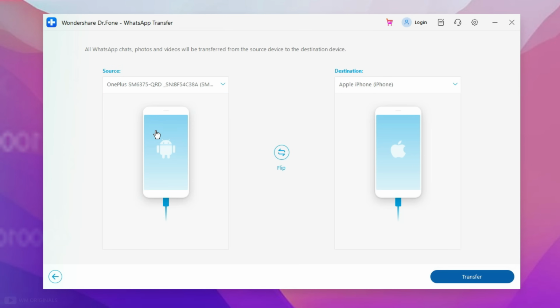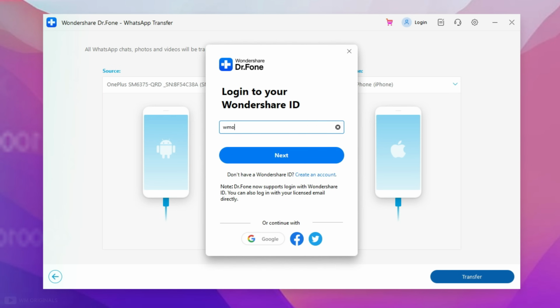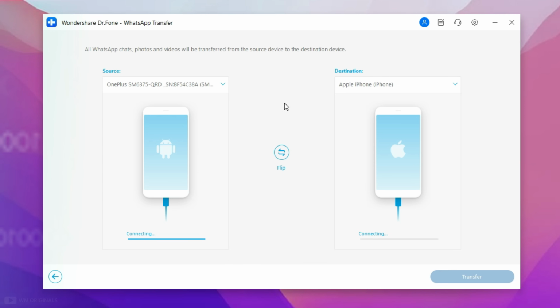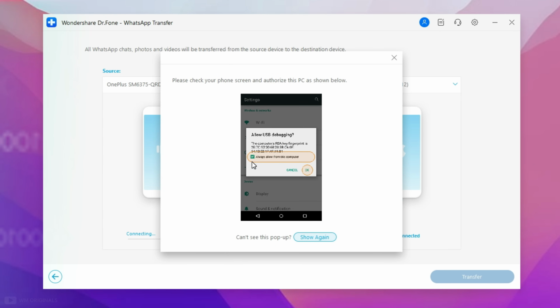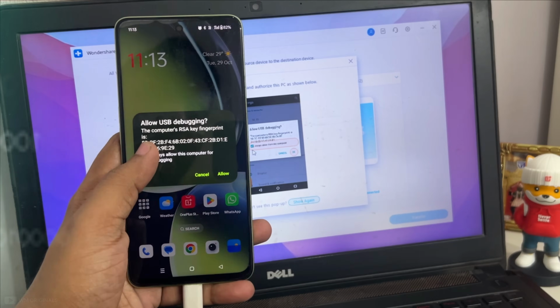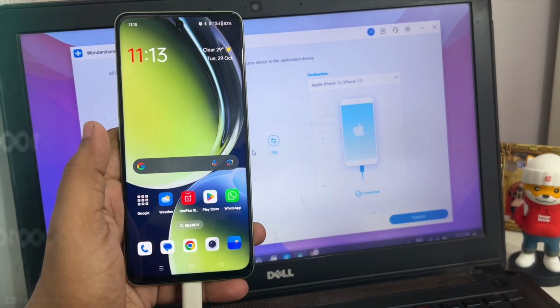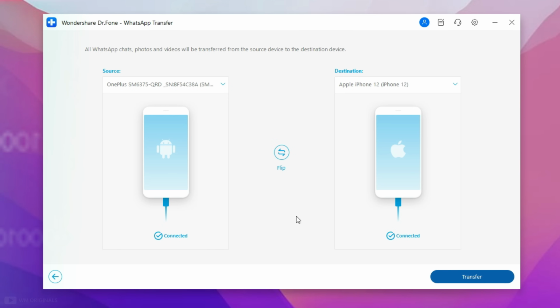Now click login. Here we need to log in using our Wondershare account. Once we are logged in, we will get a pop-up on Android to allow USB debugging. Tick this checkbox and then tap OK. Once both devices are connected, we are ready to transfer WhatsApp messages from Android to iPhone, and to transfer data,